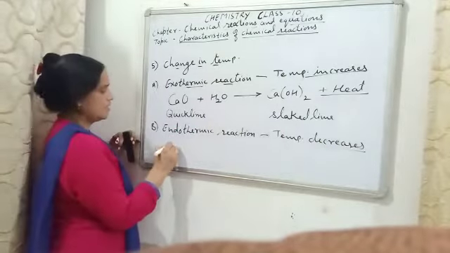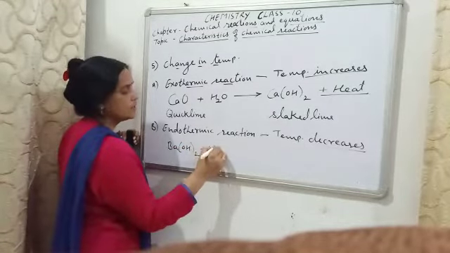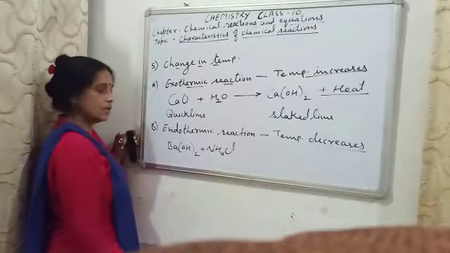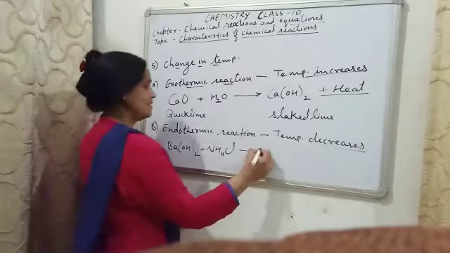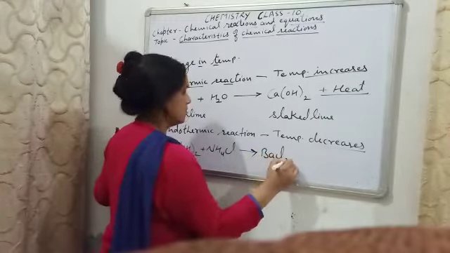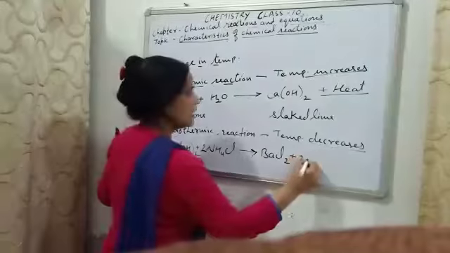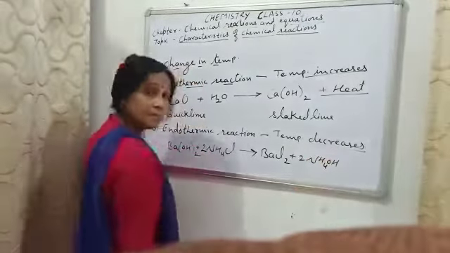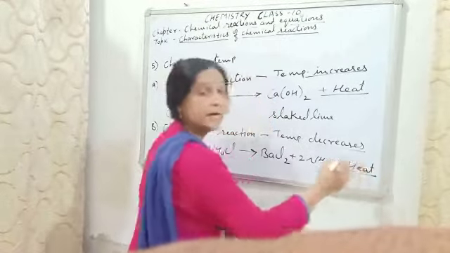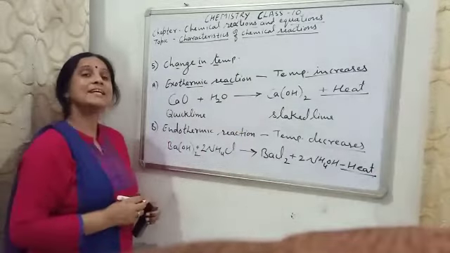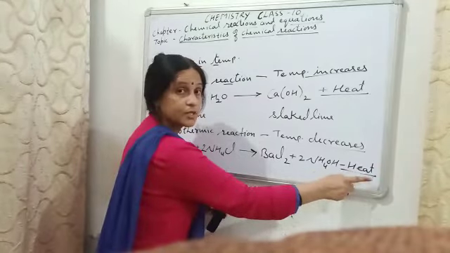For example, if we add barium hydroxide with ammonium chloride, these two substances react with each other, and as a result, barium chloride and ammonium hydroxide are produced, but with absorption of heat. The sign of minus heat on the product side shows that heat is being absorbed in this reaction. The sign of minus heat here shows that temperature